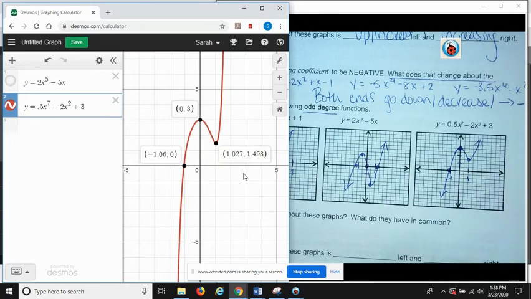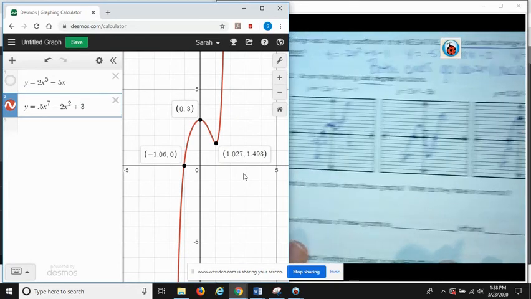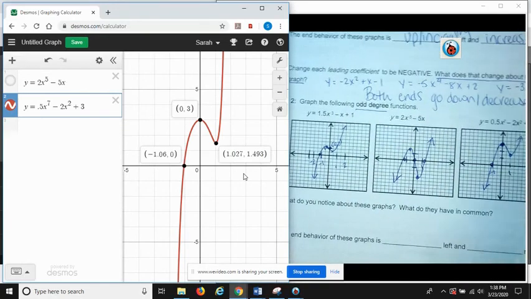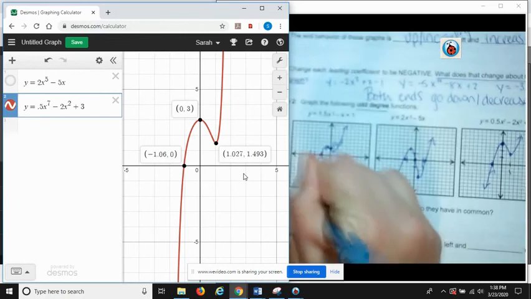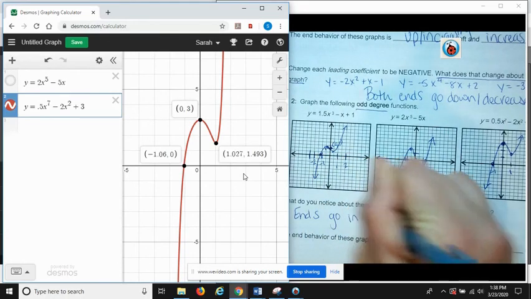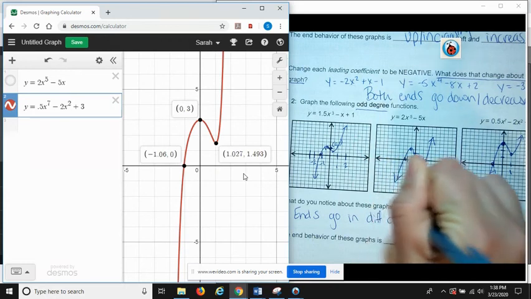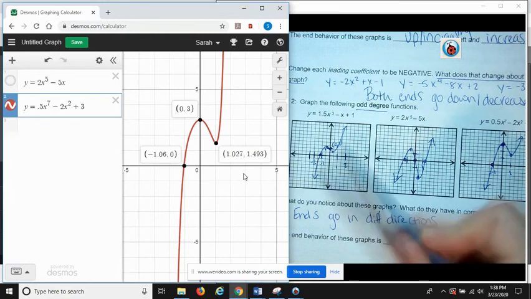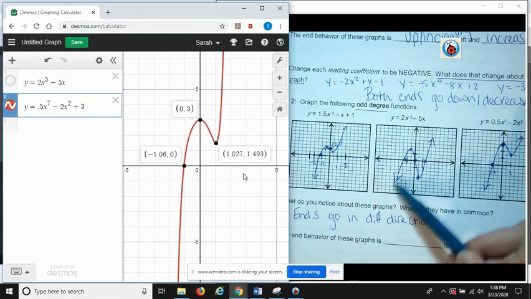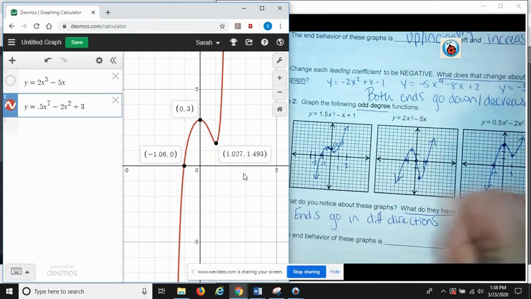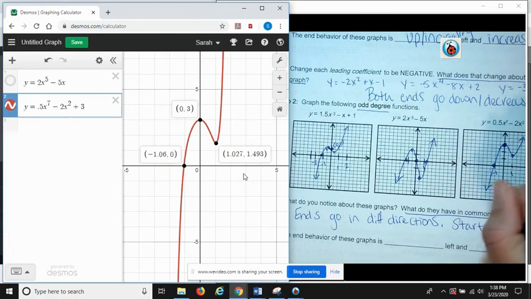Then this one asks, what do you notice about these graphs? What do they have in common? So notice that their ends go in different directions. Okay, so on the left, it's going down. On the right, it's going up, down, up, down, up. What do they have in common? All of them start down. So the left side, that's